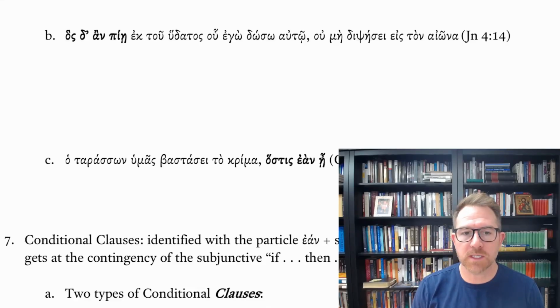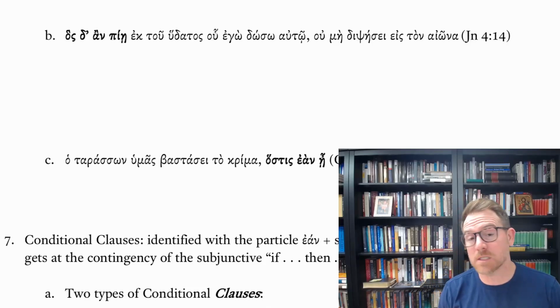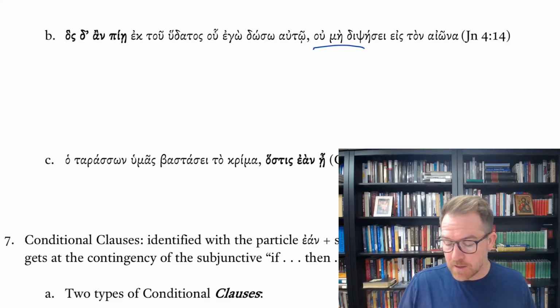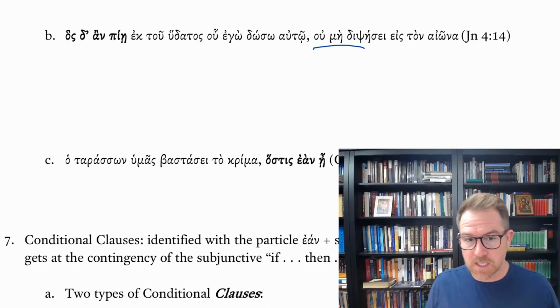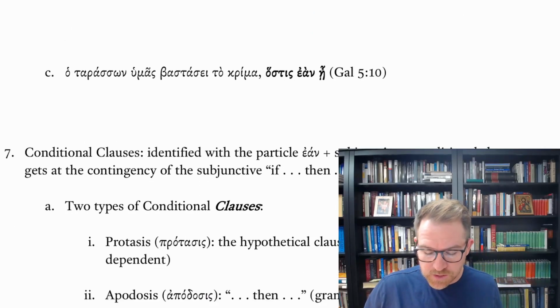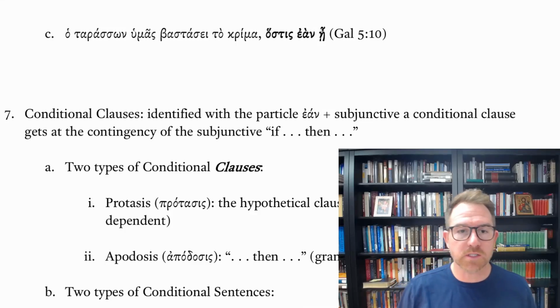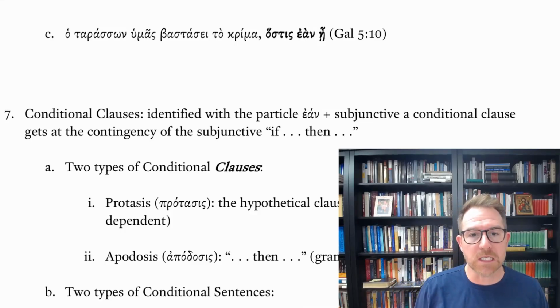So the hos an piē is Jesus talking to the Samaritan woman: whoever drinks from this water that I give to him will by no means, emphatic negation, the ou mē, thirst into the age. Galatians 5:10, ho tarassōn, there the present active participle from tarassō, the one troubling you,